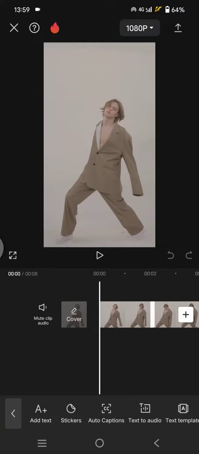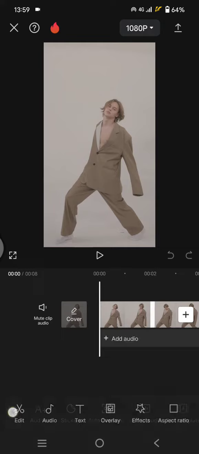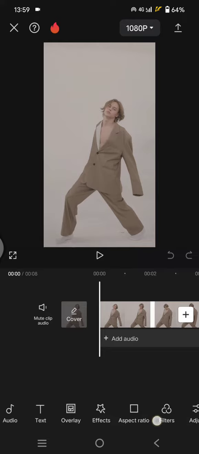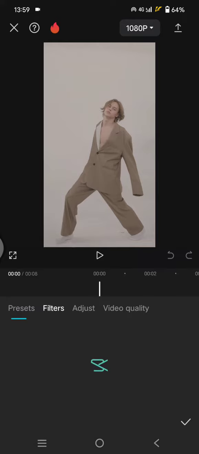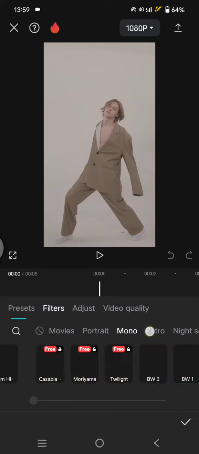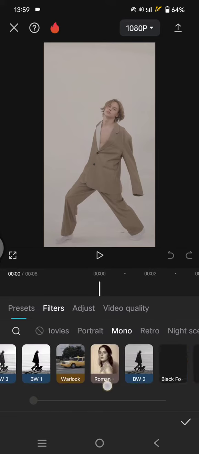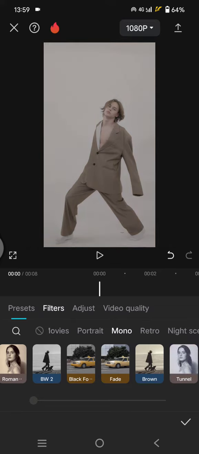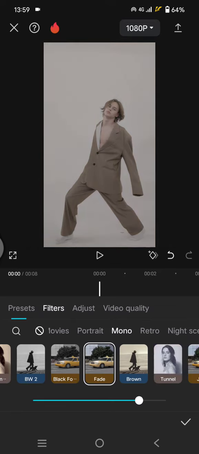On today's tutorial, I'm going to show you how you can create this dark aesthetic filter to your videos in CapCut. So in here, what you need to do is add your video and just start by going to the filters and then add the fade filters that you can find under the mono category. Okay, swipe this one, fade. Add it to around 35